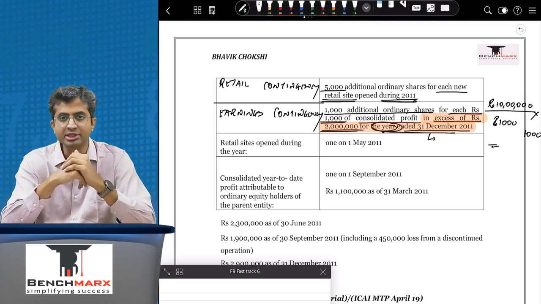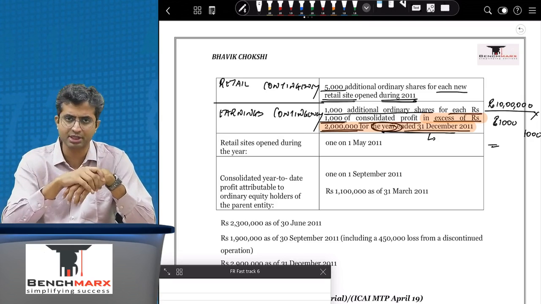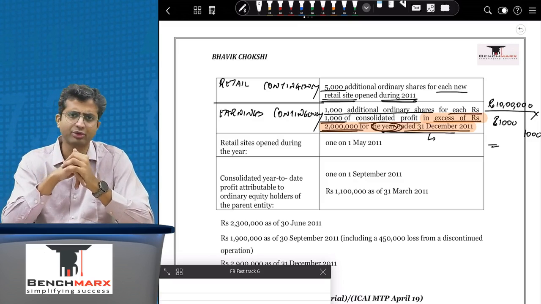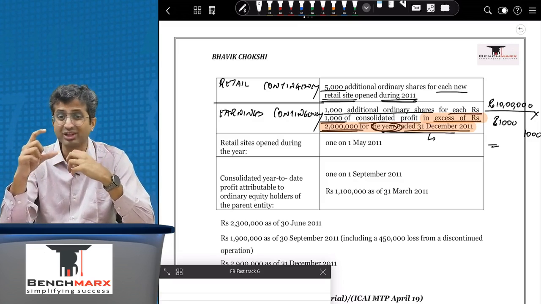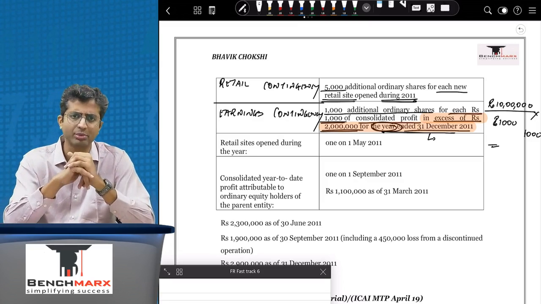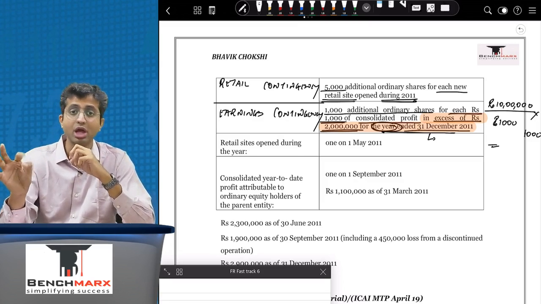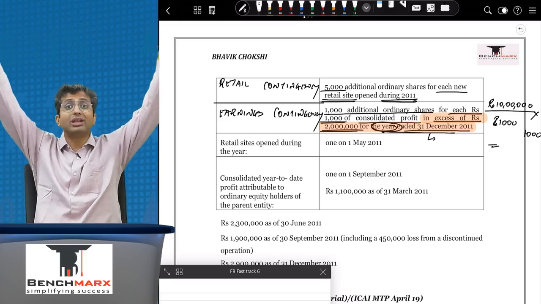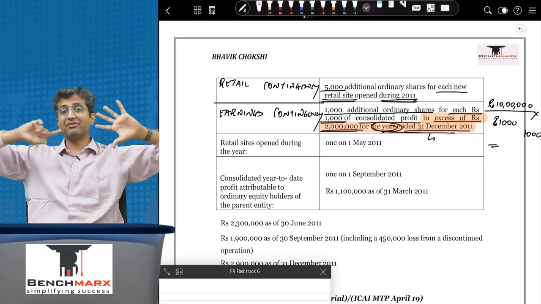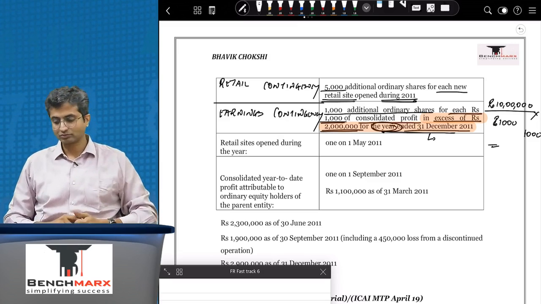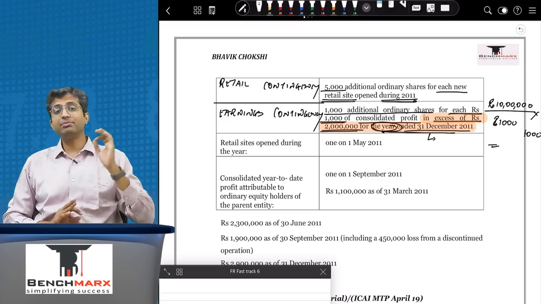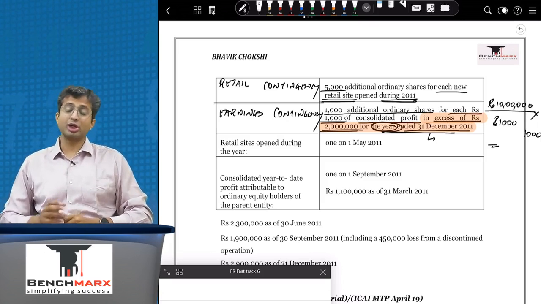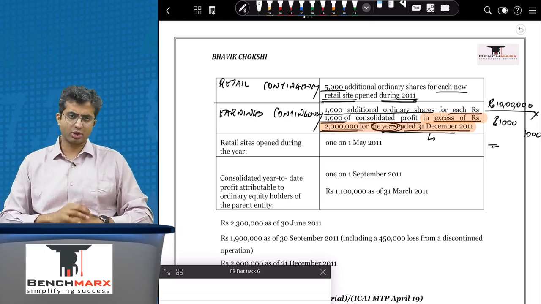No. You might be running a seasonal business and your peak season may be the first half of the year. You might have a slow season in the second half of the year, in which case there might be a loss of 15 lakhs, in which case the profit for the entire year is only 15 lakhs, nothing is issuable. The shares will become issuable not when you cross 20 lakhs. Shares will become issuable when the profit for the year 2011 crosses 20 lakhs. Acha. So they will become issuable, let us say, from 1st of January 2012, provided the profit has crossed 20